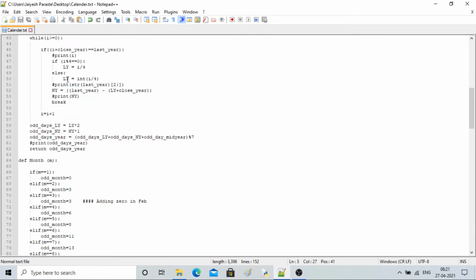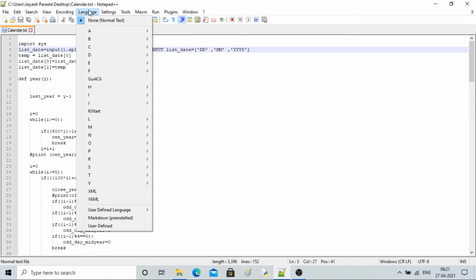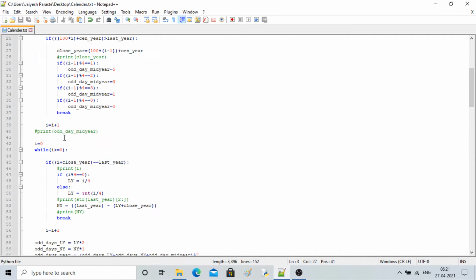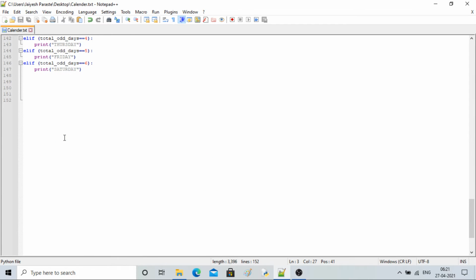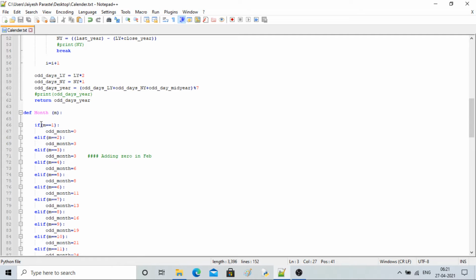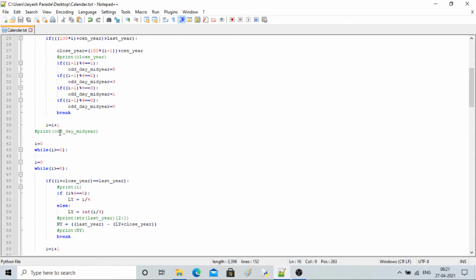You can see the alignment, and once you go into the language menu, the language you have written in is Python, which starts with P. So go inside that and click Python, and it will do the coloring and everything. You can see that. So that looks very professional. The code will be aligned, and all the syntax will be colored properly, so it will be easier for you to consume.